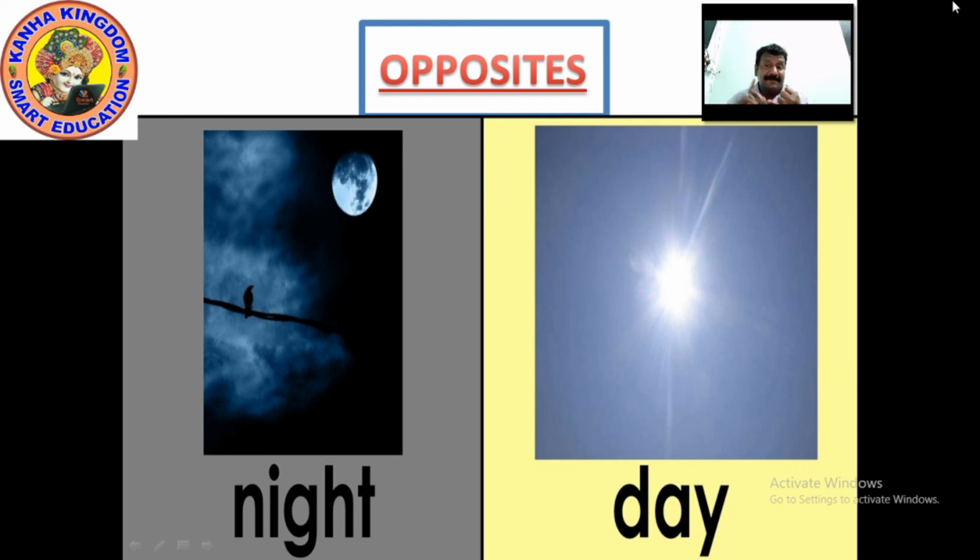In that day, it is good morning, good afternoon, good evening. Everything comes in that. And after that evening comes the night. So the entire session of good morning, afternoon and evening is a complete day. After that day, the darkness which comes is of night. So day, night. Opposite of day is what? Night. Opposite of night is what? Day. So please write it down. Night, day. Day, night. Please write it down.